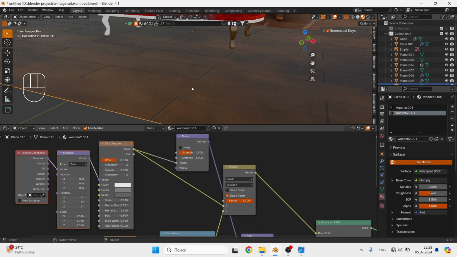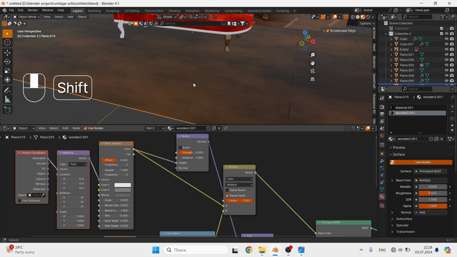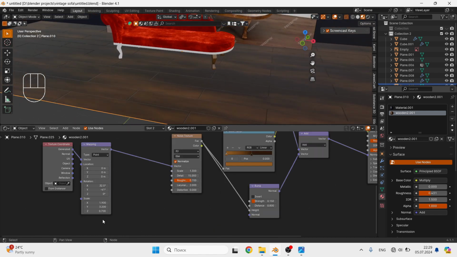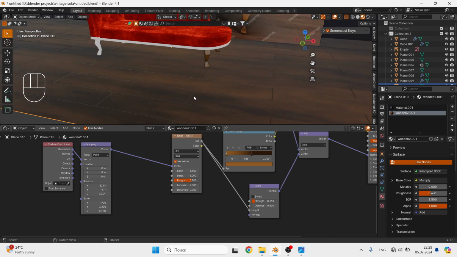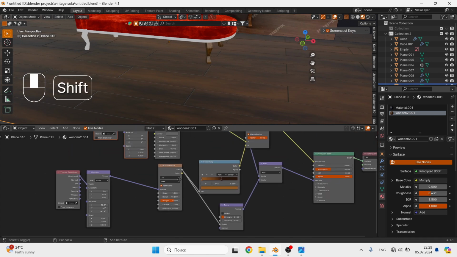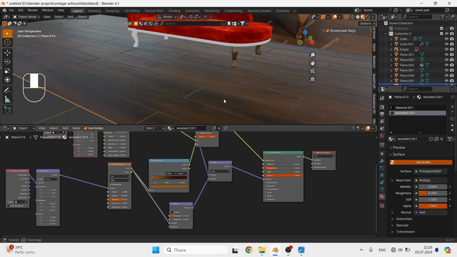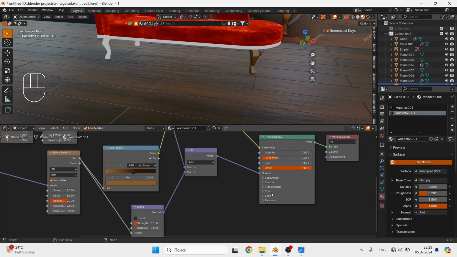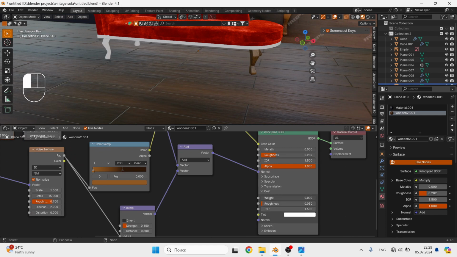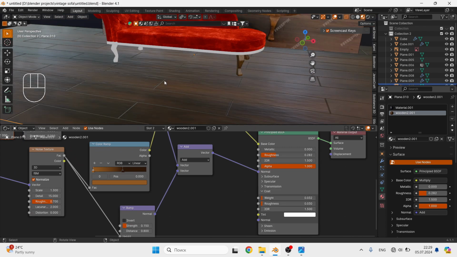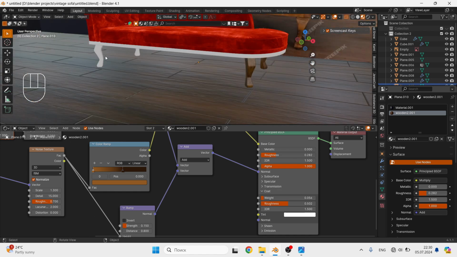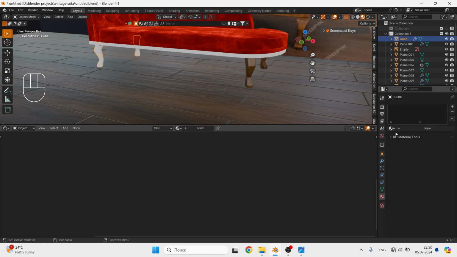I noticed that the noise texture is not quite right. I don't like it. I need to tweak it a little in the texture mapping. After that, you need to make the effect of a varnished floor. This is done using roughness and the coat setting. You need to find a balance between the two. And that's it, the floor is ready. We are great, cool Blender masters. Add wood material to the remaining elements and you can move on.